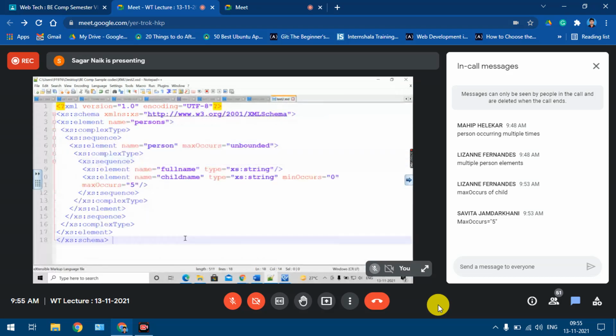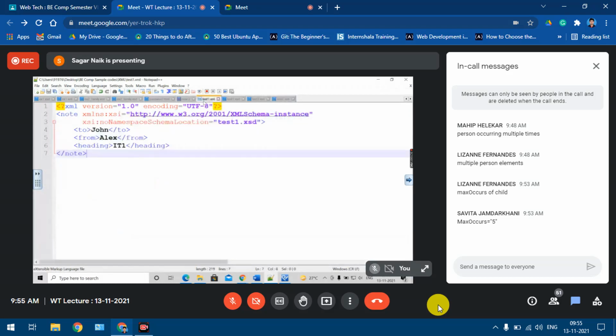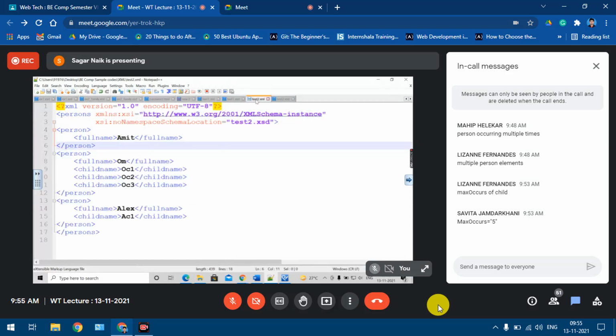So this is how the schema is going to look for that particular element. Understood? Even in the practical experiments, similar types of programs are there. There might be one more level of hierarchy. Okay. In the first example, there was no extra level. Directly the root element was defined as a sequence of elements, right? Then I took the second example. Here there was one more level in the hierarchy. Persons was a root element. Person element was repeating. Then going into the person element again there was a hierarchy. Yes or no?